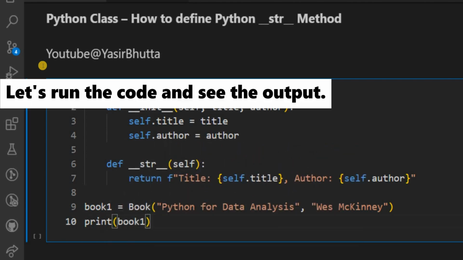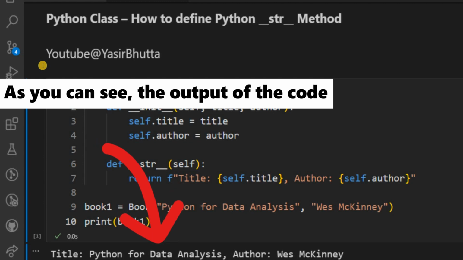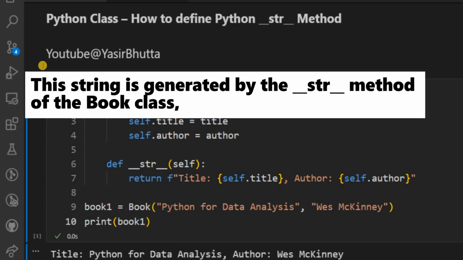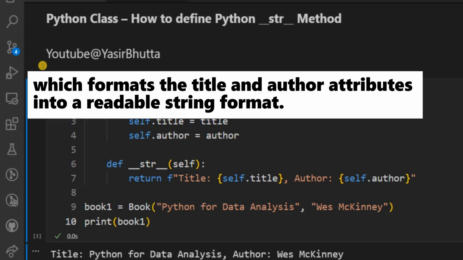Let's run the code and see the output. As you can see, the output of the code. This string is generated by the __str__ method of the Book class, which formats the title and author attributes into